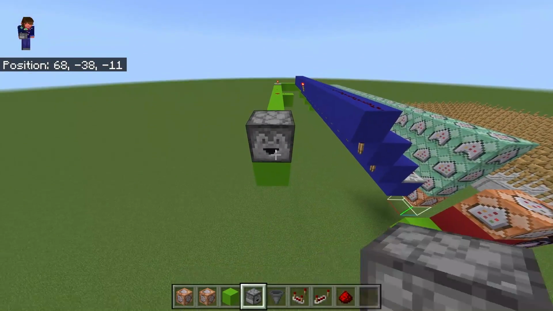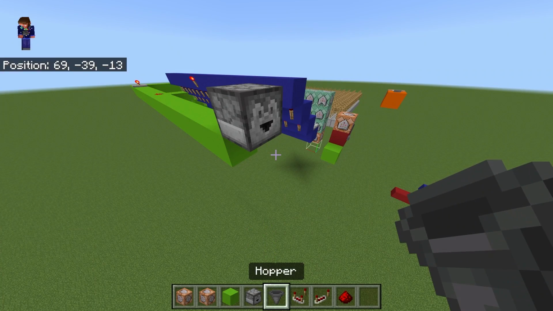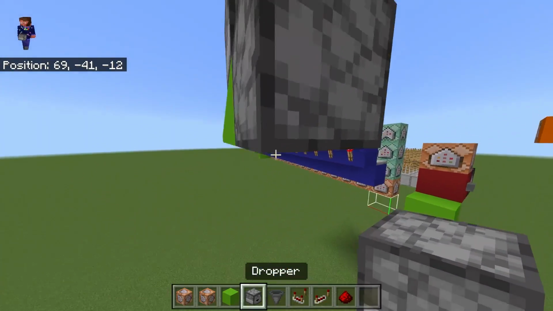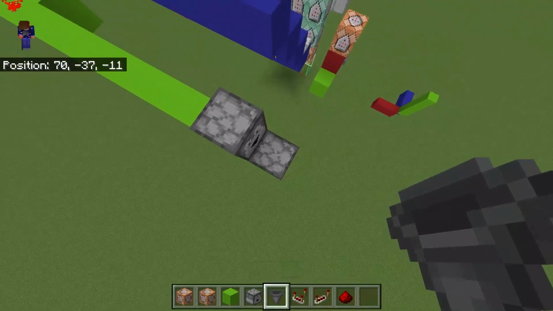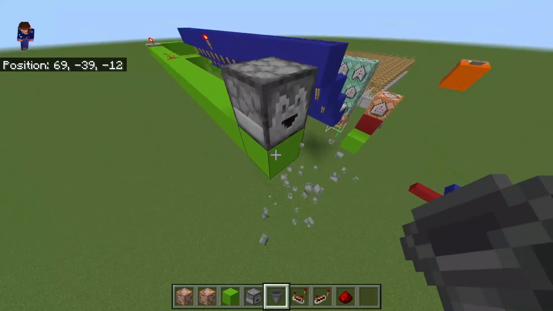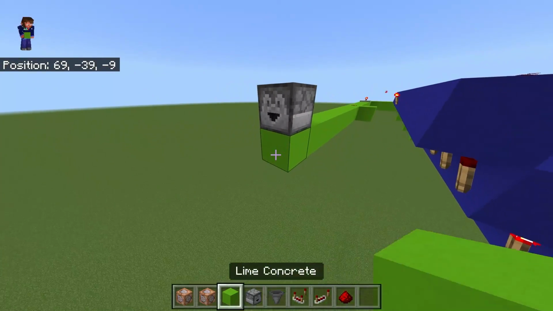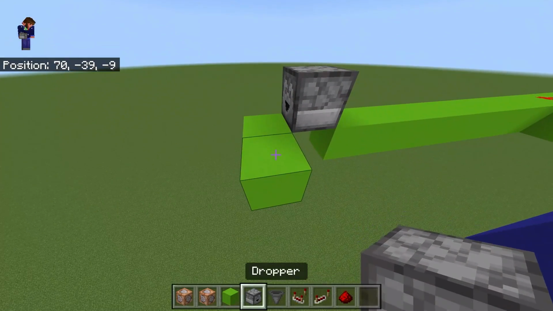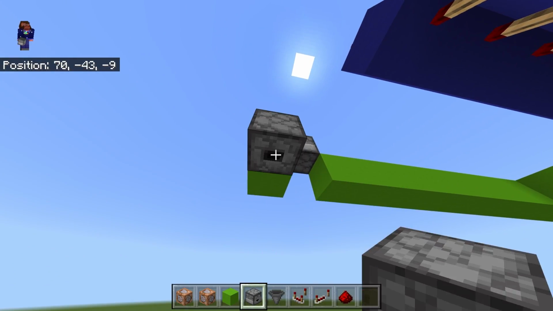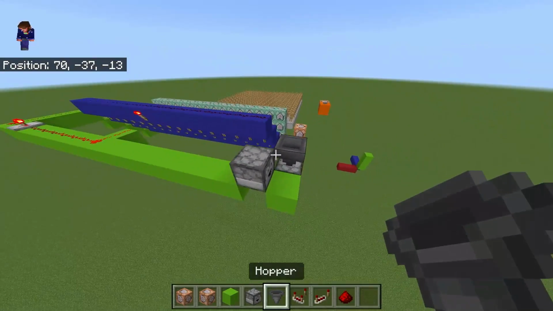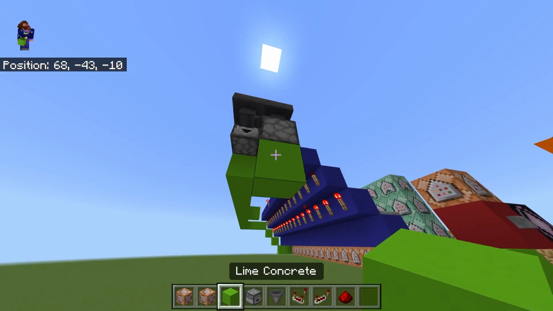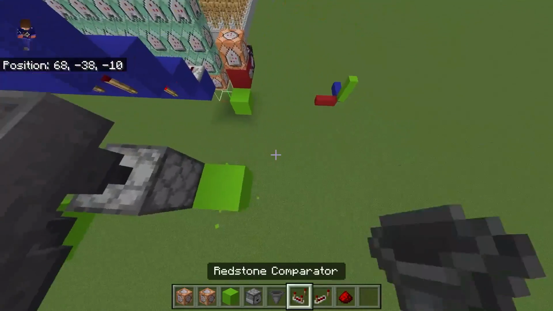Okay, so let's go ahead and put this guy here. And then we'll put our second dropper right here. This guy will go into, actually no, let's go like this. There we go. And then once this detects an output or something that's inside of it,